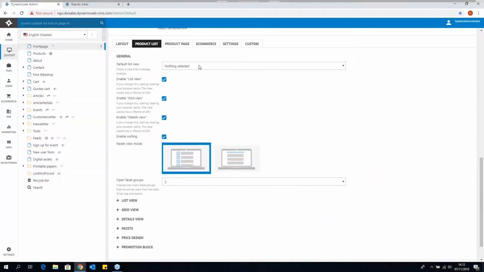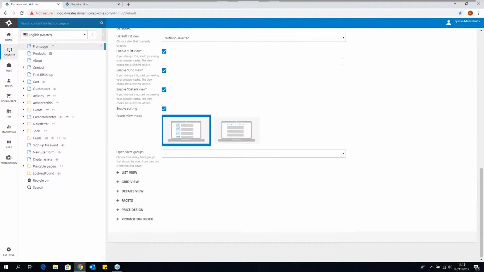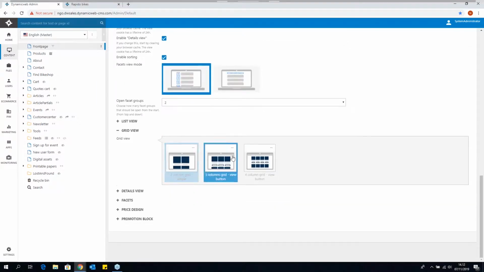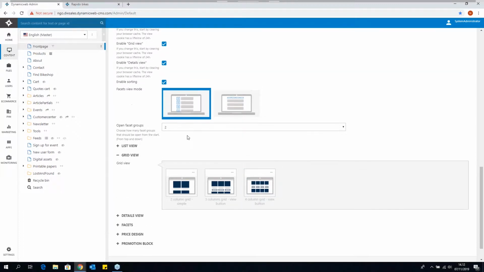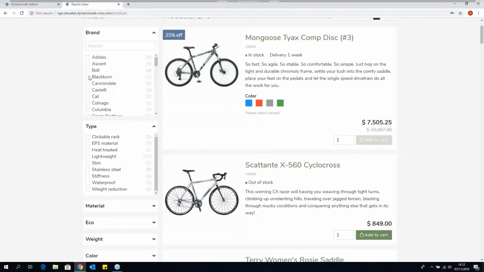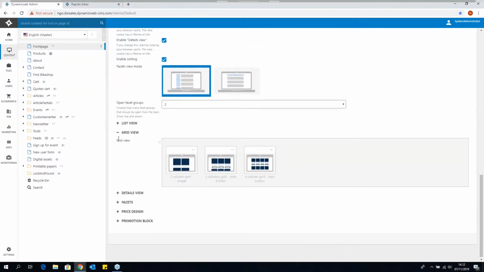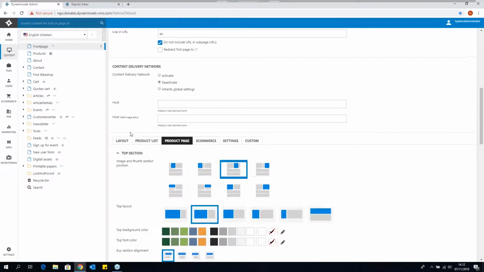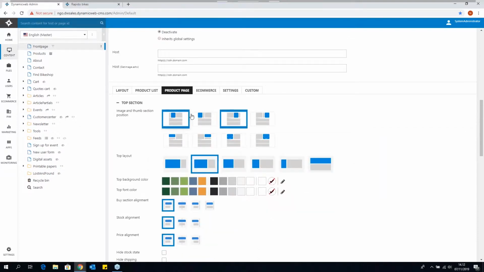So if you dive into a product list here, you can choose between the different views of the product, and you can edit each one to fit a different type of column grid, for instance. You can change how should the facets be, how many facet groups should we have, the ones that you see here. And you can even go into the product page, and you can then go and edit how should the